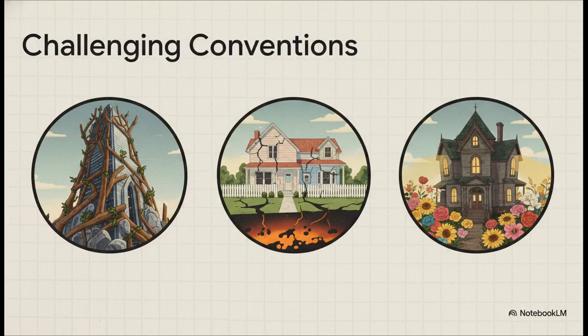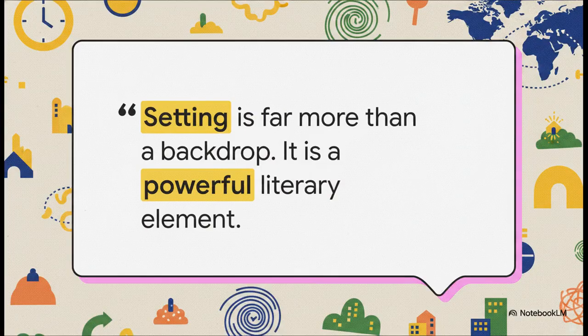But brilliant authors take those exact expectations and completely flip them. Think about how jarring and fascinating it is when a futuristic society isn't shining and advanced, but is actually primitive and oppressive. Or when a peaceful-looking manicured suburb is revealed to be hiding intense violence and corruption. Or, honestly, my personal favorite, when a scary haunted house actually becomes a place of emotional healing rather than horror. By deliberately disrupting these conventions, authors force us to radically rethink our assumptions and engage with the story on a much deeper level.